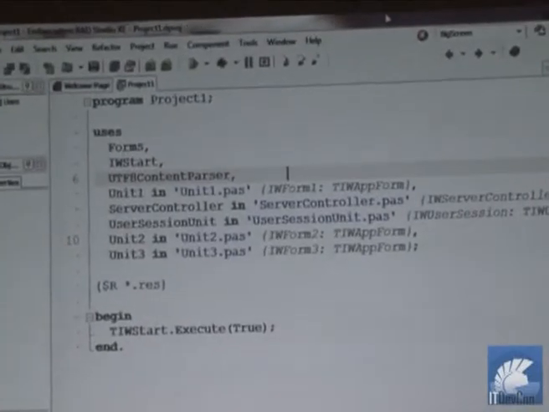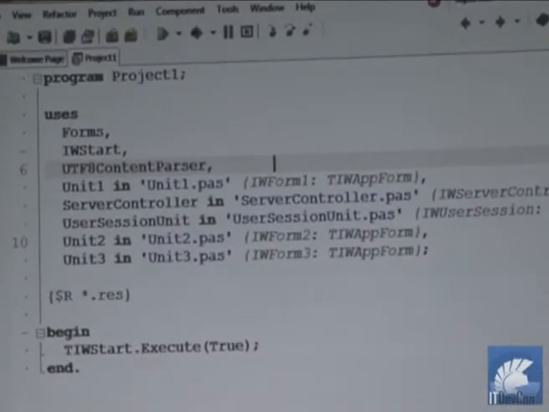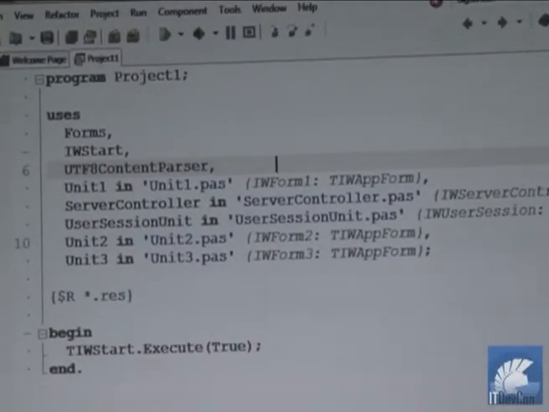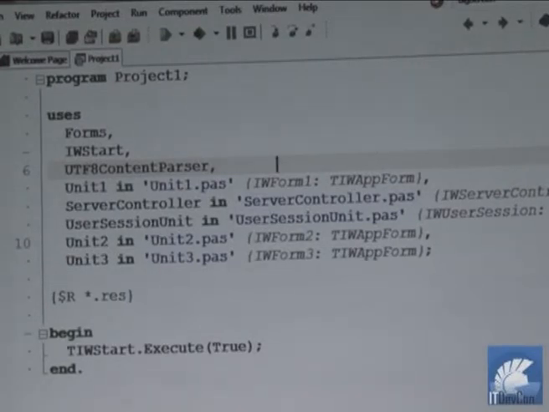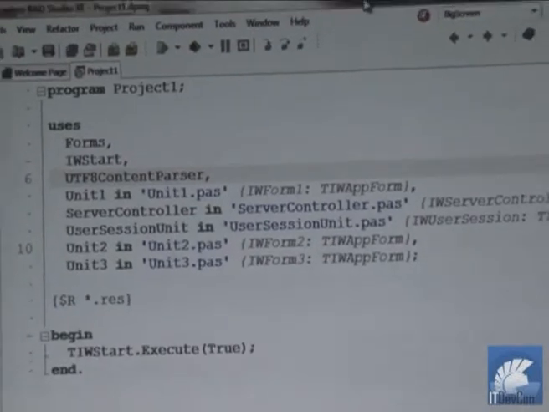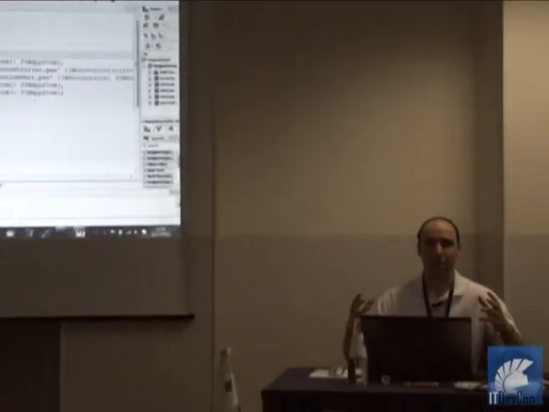How many are familiar with IntraWeb development in the room? So that's almost everyone. For those who are not familiar with it, it's like a VCL Windows application. You have your form, you have controls, you have properties on controls, you have events on the controls, you deal with the events, you set properties of controls. So it's the same RAD mechanism